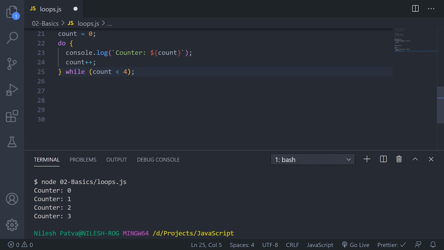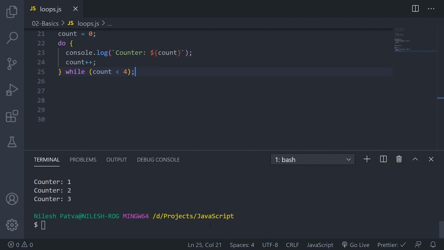This way it will first perform whatever code you have written inside the do block, and then it will check the condition. This loop is useful when you want to perform your task for the first time, and later check whether the conditions are met or not.